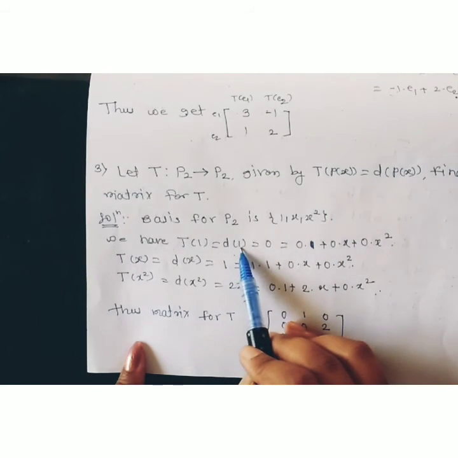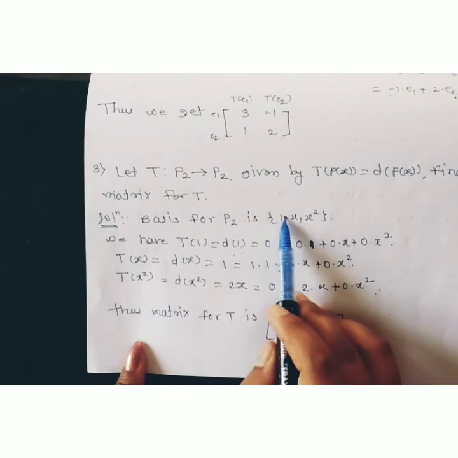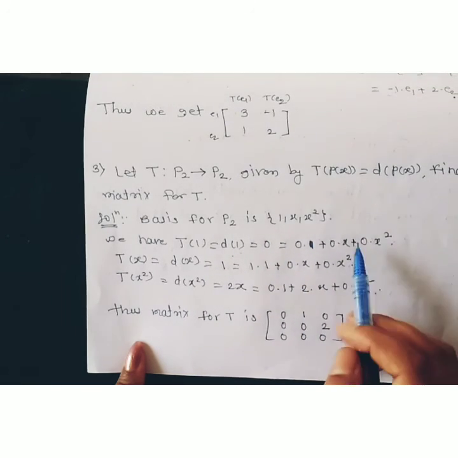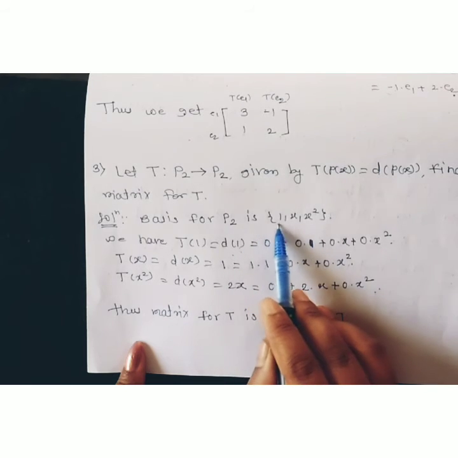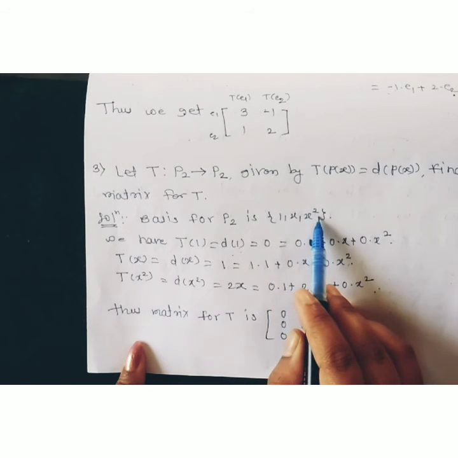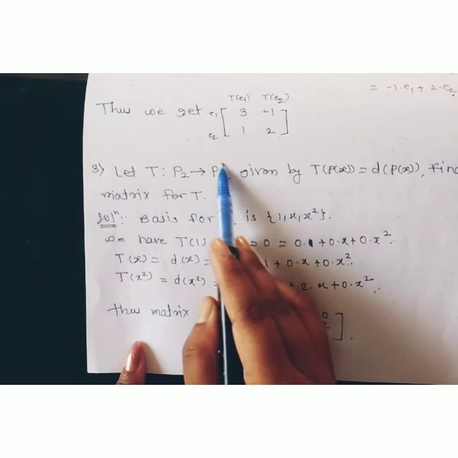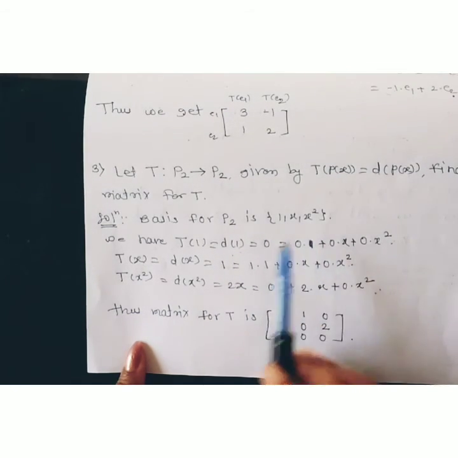So what is the derivative of 1? The derivative of 1 is 0. Now for finding the column vectors, by using this first basis vector we can find the first column of the matrix. So how can it be calculated? We have to express 0 as a linear combination of the vectors 1, x, x square. Why this? Because here the map goes to P2, and therefore its basis vectors are also 1, x and x square.